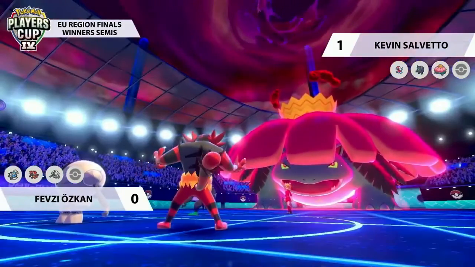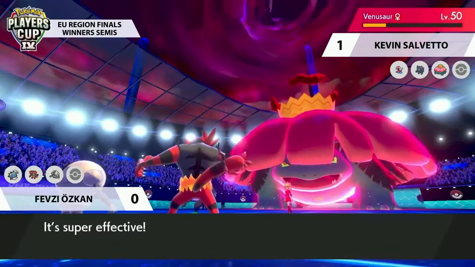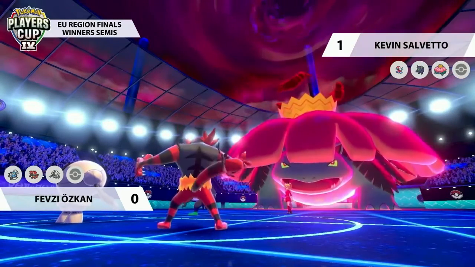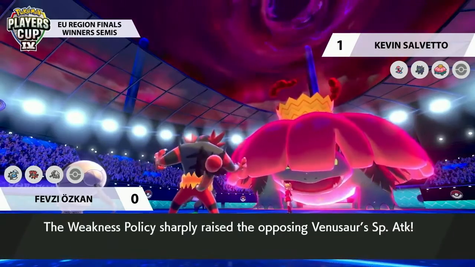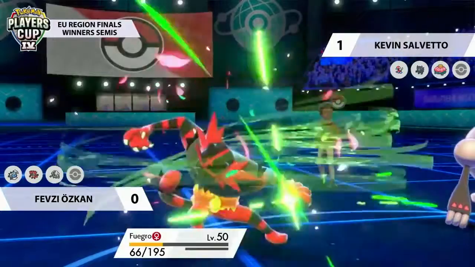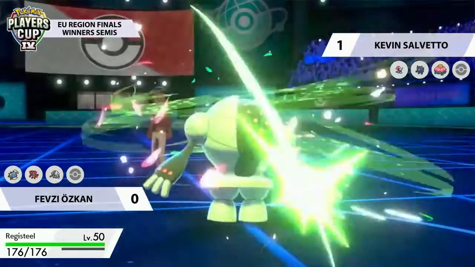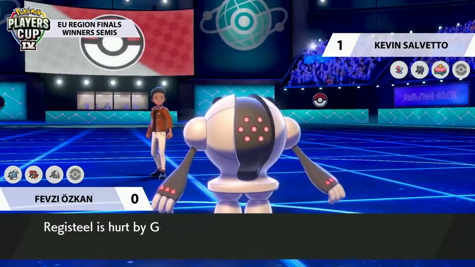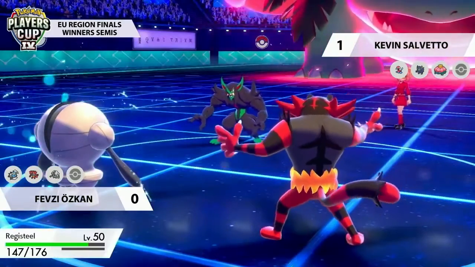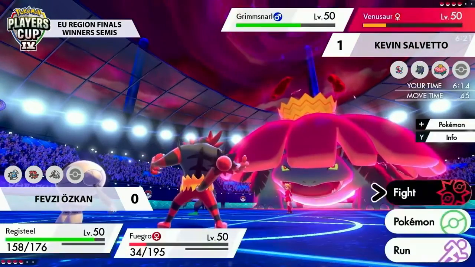I mean, not very effective hit, but being able to set up that residual Vine Lash damage is going to be huge. But what's even bigger is the damage from the Flare Blitz into the Venusaur. But Venusaur still surviving and getting the Weakness Policy boost to boot. Weakness Policy, a very dangerous item on the Venusaur. It's so hard to take down in this Gigantamax form, and it's already got the Vine Lash set up as well, so that's going to be a whole lot of residual damage,